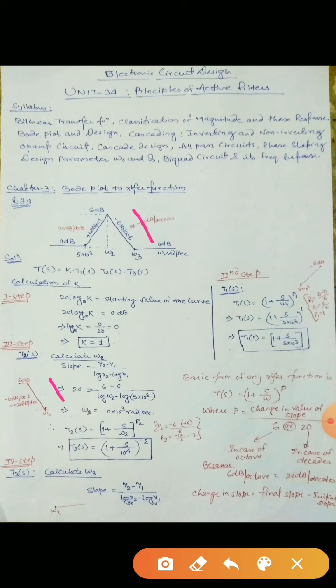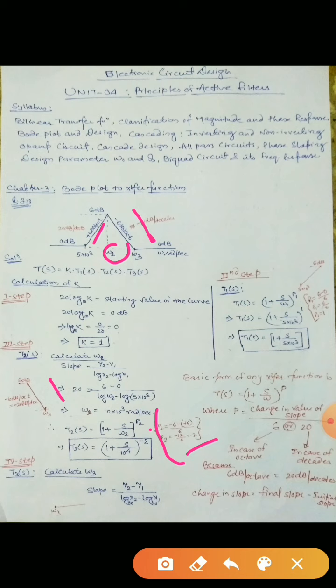This is the particular slope. So based on this frequency omega 2, the final value of slope is minus 6 dB per octave. The initial value of slope is plus 6 dB per octave. So if we are interested in calculating the value of P2, P2 will be minus 6 minus plus 6, divided by 6. What is the value of P2? Minus 12 divided by 6 is equal to minus 2. But we don't know the value of this omega 2. So first of all we need to calculate the value of omega 2.